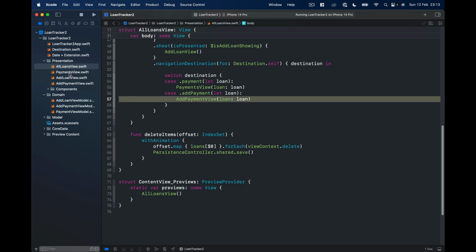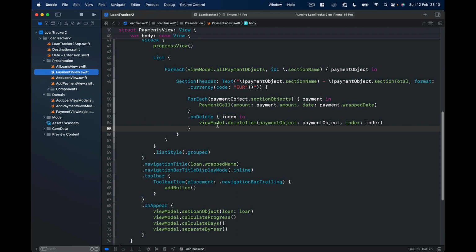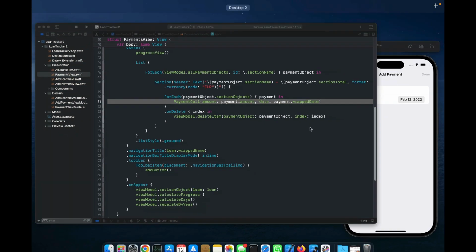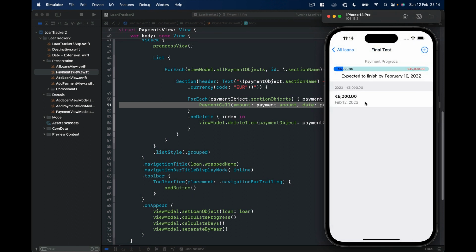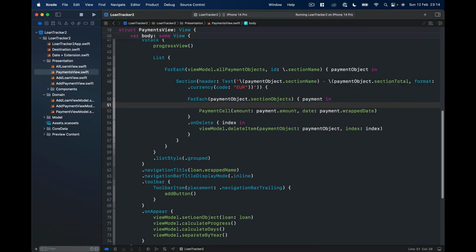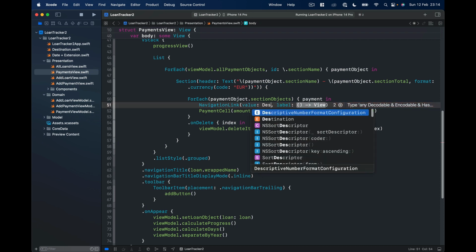But if we go to our payments, this for each, and we have a payment cell, this should be a navigation link, so that whenever we click on this payment cell, which is here, we want to navigate to our add payment view, which is also kind of an edit payment view. So if I put a navigation link with value and label, value will be our destination